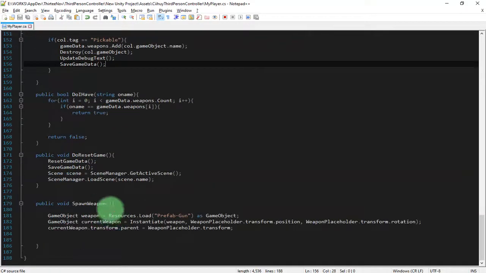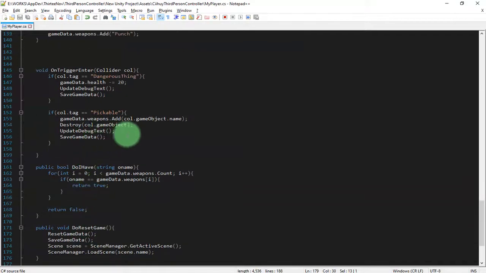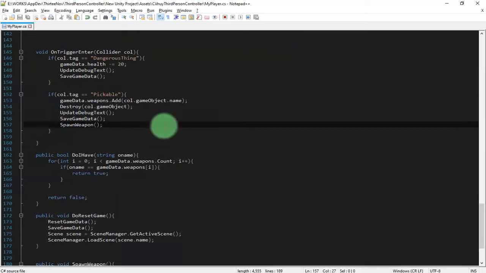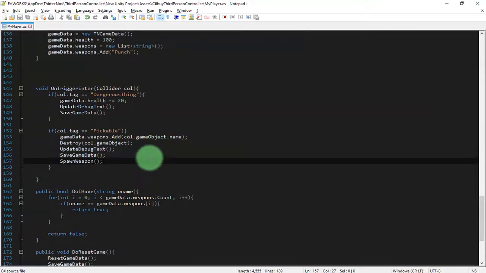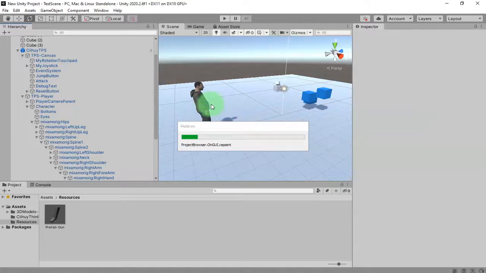So the correct way is to call the function probably here inside this block. So I paste it here, and then what is the next thing?